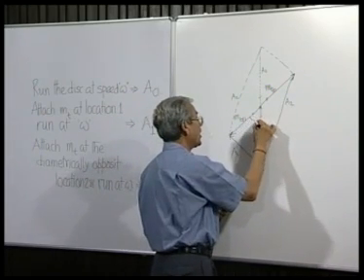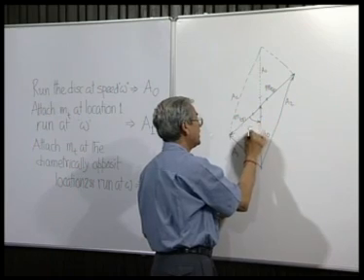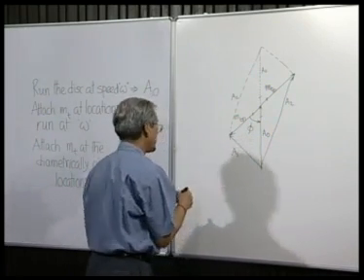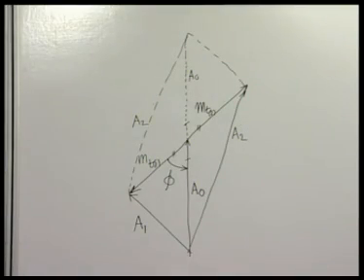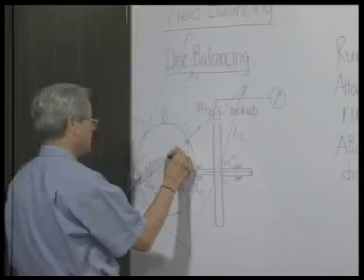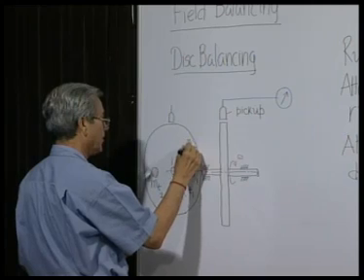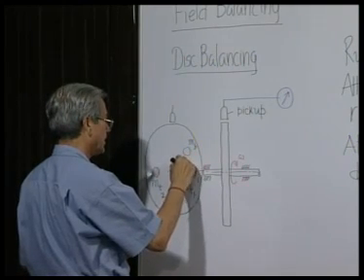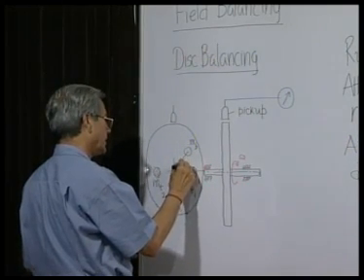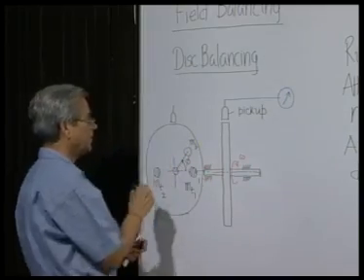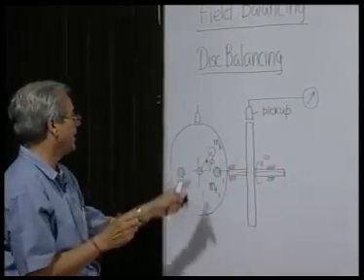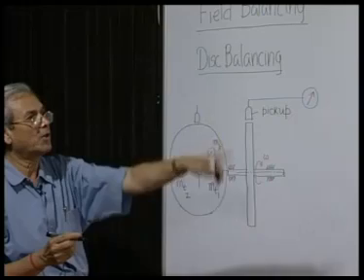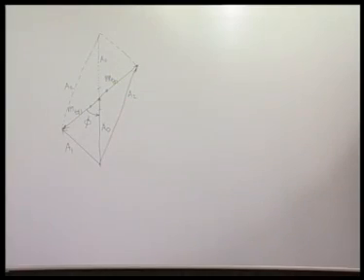So, we know how much it has to be rotated and in which direction. Therefore, the actual position of the balancing mass will have to be somewhere here. You have to rotate in the same sense by the same angle phi to nullify the effect of the original unbalance, and you have to of course